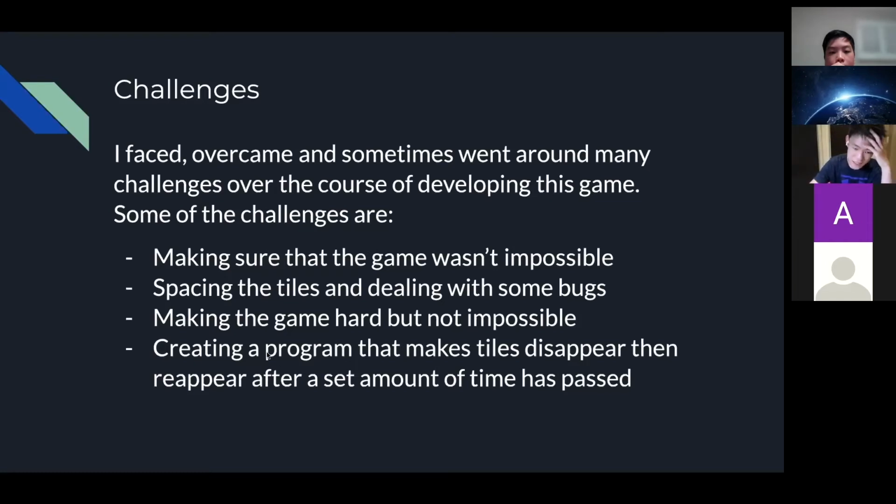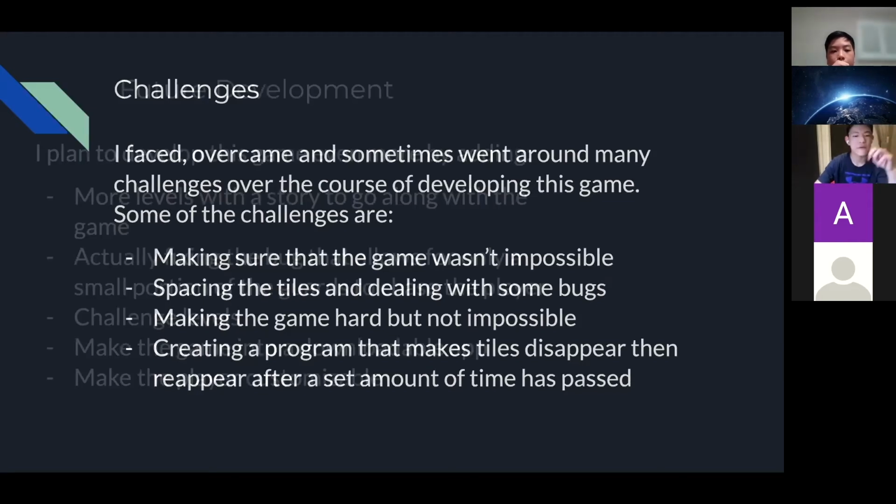But then they added this to make the game a bit harder, and it makes you actually have to calculate when the tile you're going to jump to disappears, because if it disappears you fall to the ground. As part of the demo, I fell to the ground and got myself caught back in the prison. So yeah, that is basically all the challenges that I faced.